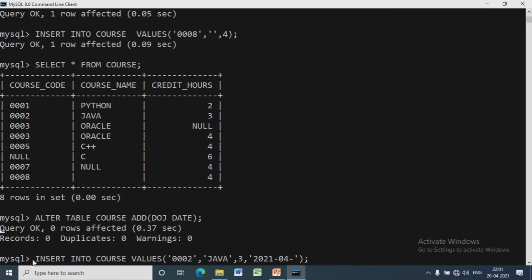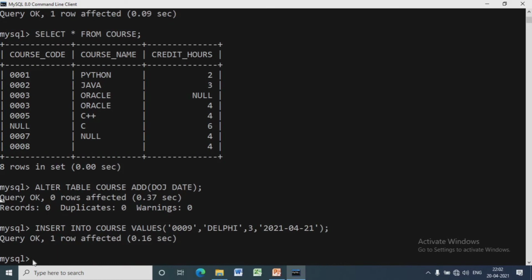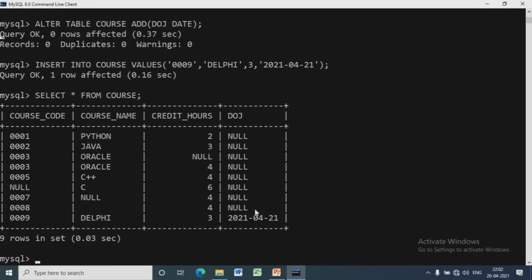The date of joining is 2021-04-21. 2021 is the year, 04 is the month, and 21 is the date. Here I am changing the course code, course name, and credit hours. One row is inserted with date of joining. Now we'll execute select star from course, and you can see the date is entered.